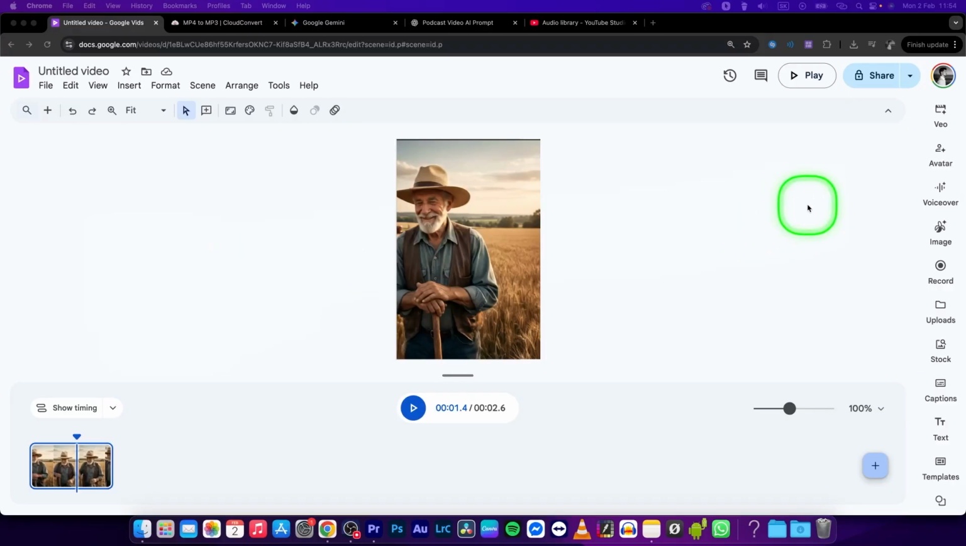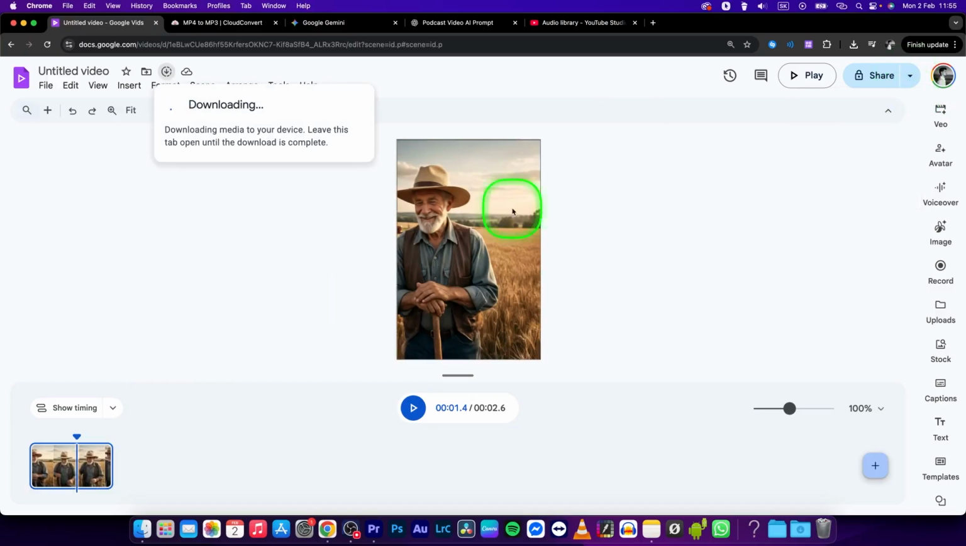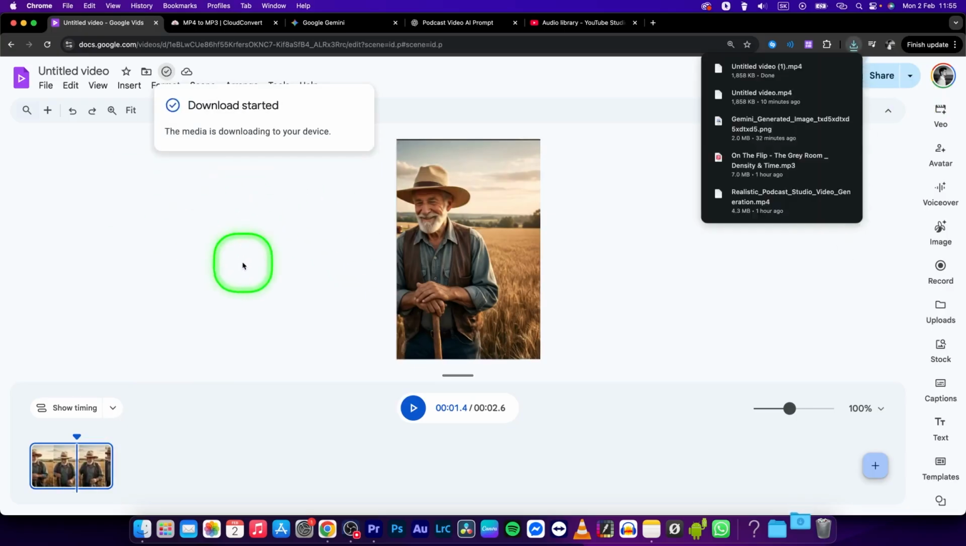in this tutorial I will show you how to download video to MP3 from Google Vids. First thing, make sure you have your video. Click on this arrow, click on download as MP4. Now the video will start downloading, and what will you have to do, since Google Vids doesn't currently support MP3,